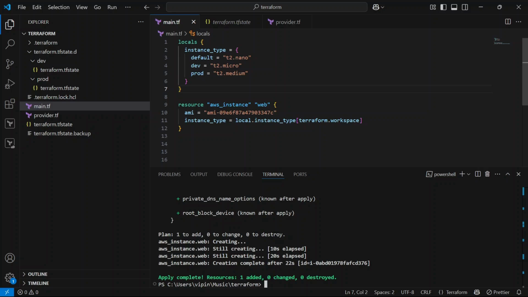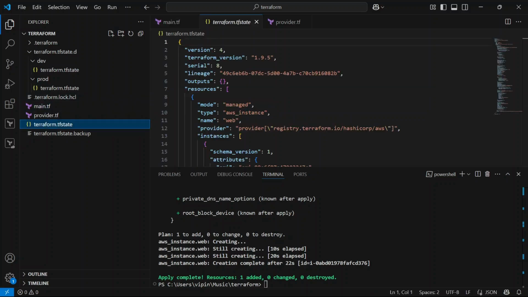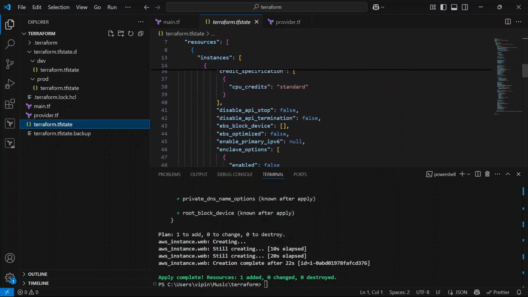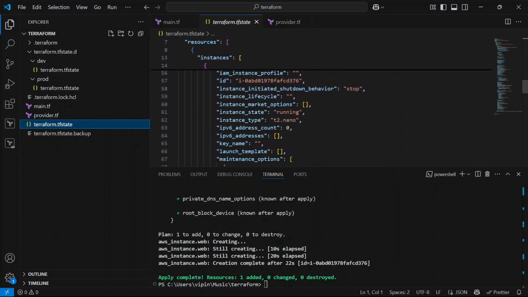Whenever our workspace is prod, T2.medium, right? So let's go ahead and explore it. As you can see here, instance type T2.nano. So we have the default workspace.